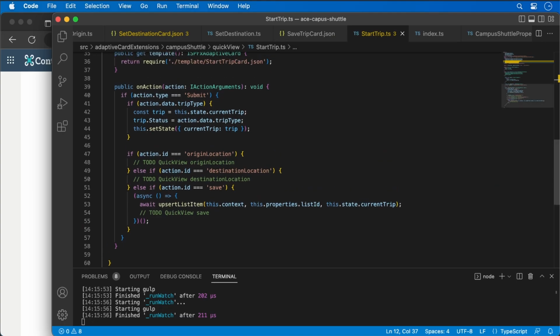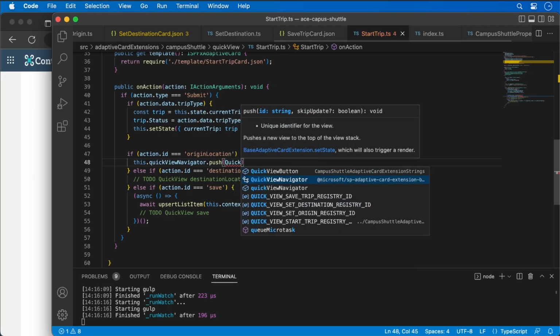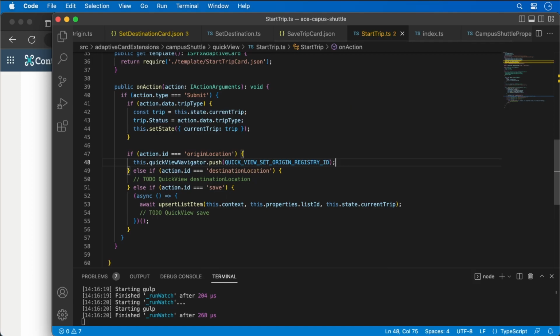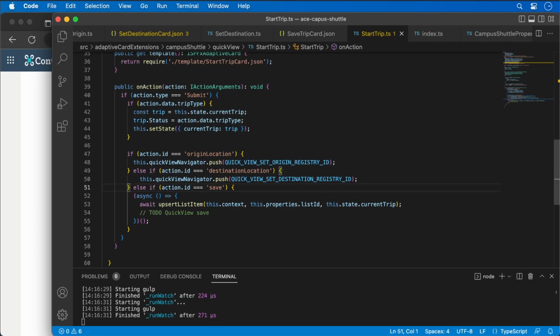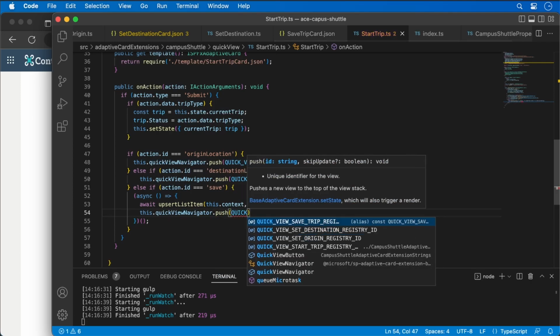So for the first one, for the origin location, I'm going to use this quick view navigator. This is when they click the button and say, I want to set the origin for the trip. I'm going to push onto the quick view navigator the quick view set origin location. And then for the destination, I'm going to do the exact same thing, except I'm going to choose the destination ID that I want to specify. And then for the save, same thing. I'm going to say this quick view navigator dot push quick view navigator save the trip